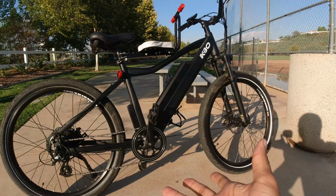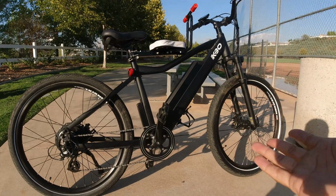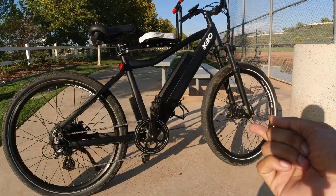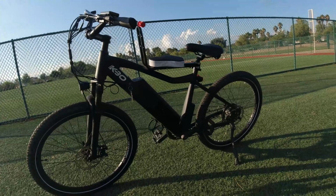I'm not sure if it's a 25 amp or a 22. I would assume it's the 22 since they did change it on the website. But either way, it's a decent amount of power. It's not a speed demon, but I think a lot of you guys would actually find it more than enough power for you. I think we can all agree that this bike is a beautiful freaking bike,